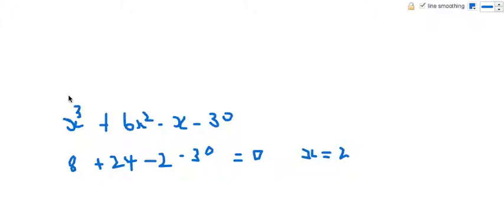So the next step is just to draw a line across the top and put that factor in, so x minus 2. And we're going to discover the quadratic from that. Remember, it's going to just appear on top of that. And it's quite straightforward. You can see straight away it's going to be x squared. x times x squared is going to give me x cubed. And on the right hand side I can see straight away it's going to be plus 15